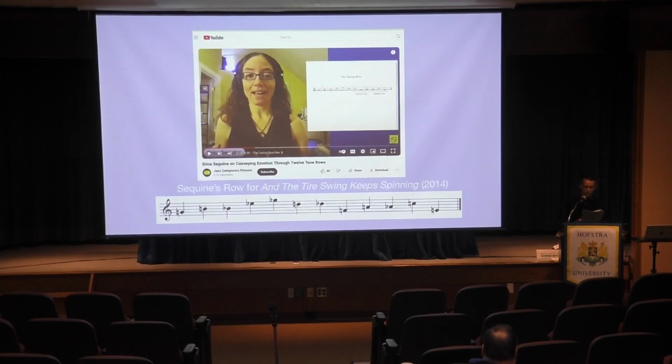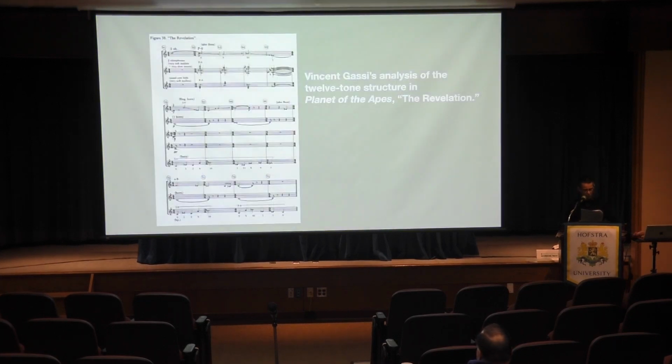Sabine Feist mentioned several film scores that feature serial techniques, including Hans Eisler's Reagan, 1929, and Ice, 1943, and David Raksin's Laura, 1944, and Force of Evil, 1948. In addition to these, Jerry Goldsmith's 1968 music for Planet of the Apes is probably the most iconic example. In his 2019 dissertation, The Forbidden Zone, Escaping Earth and Tonality, Vincent Gassi explores the serial and programmatic aspects of